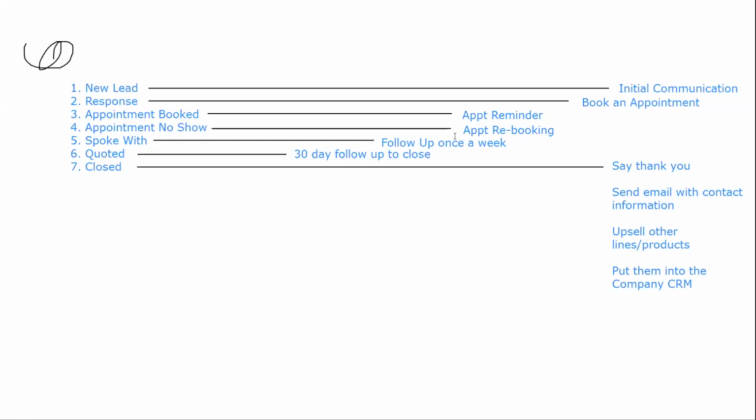So now that I have it mapped out, right? This is what I'm thinking about: okay, my process looks like this. Then based on each stage of this process, I want this to happen over here, right? So based on this, now let's look at what we have. We have the initial communication. Okay, new lead comes in, we have initial communication. So if it's an aged lead, then I would probably want to put them into a reactivation, right? Because the new lead